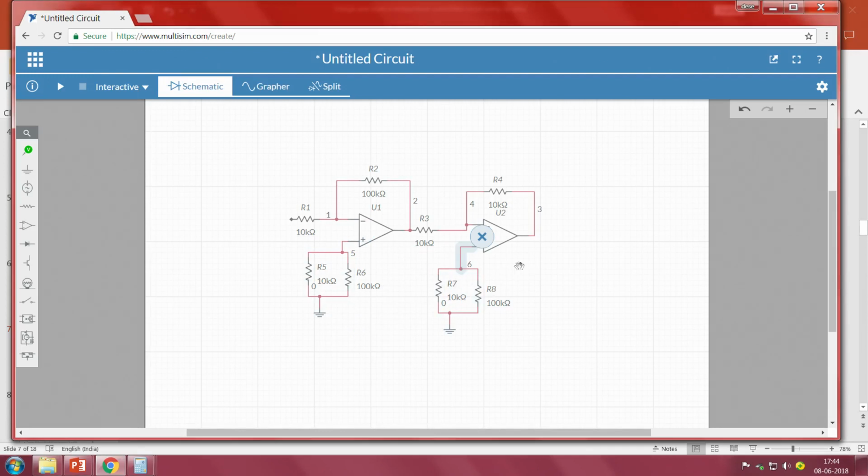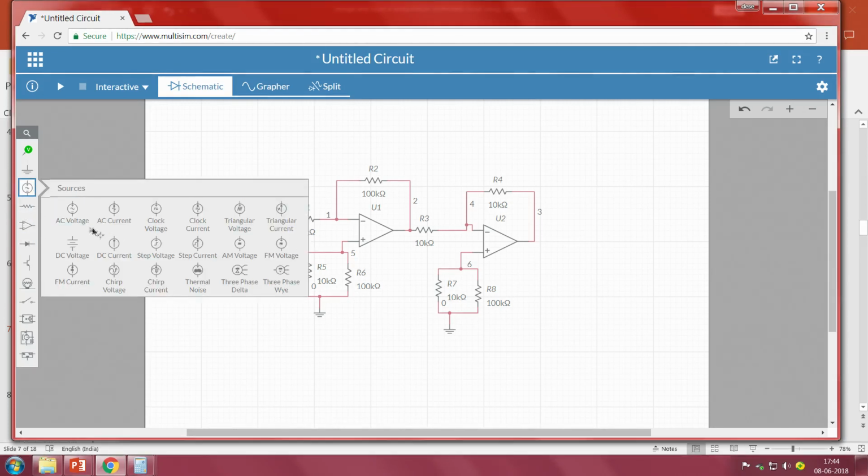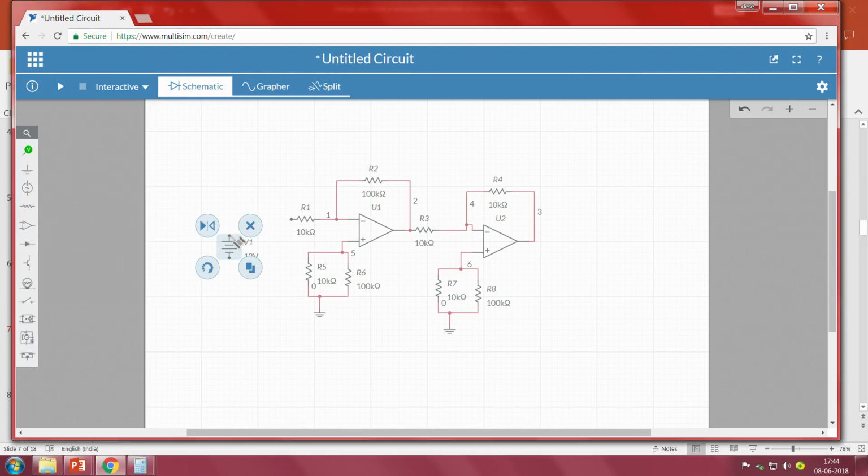This has to be connected here, right. So both the paths are done. Now this is my input to the system, that is nothing but the sensor output, has to be connected here. So consider a voltage source, DC voltage, connecting it here and the other terminal to the ground.